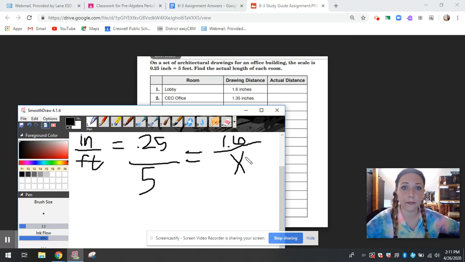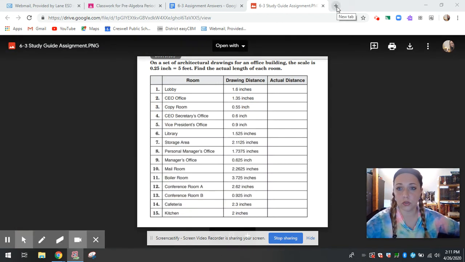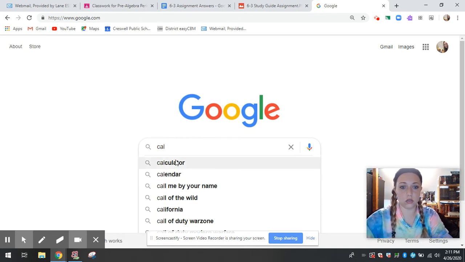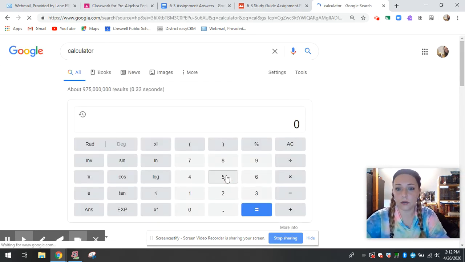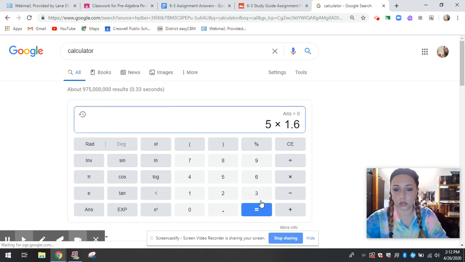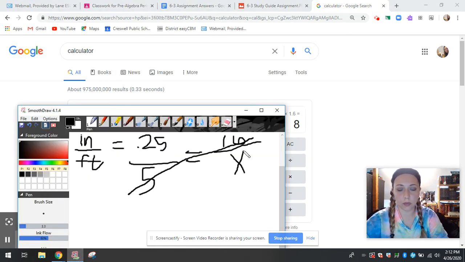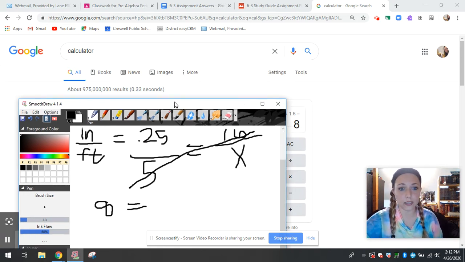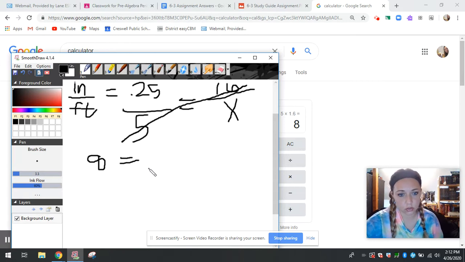So my first step is going to be to cross multiply. So I multiply across 5 times 1.6. And if you don't know how to do that in your head, you can just Google, get a calculator, plug it in. 5 times 1.6 equals 8. Go back to my piece of paper. 5 times 1.6 equals 8. So now I have 8 on one side of my equal sign. Equals, cross multiply that 0.25 by x. Obviously, I don't know what x is, so the simplified version is 0.25